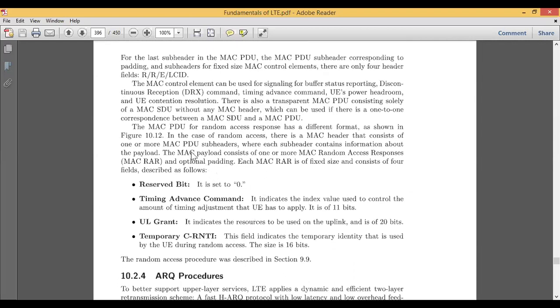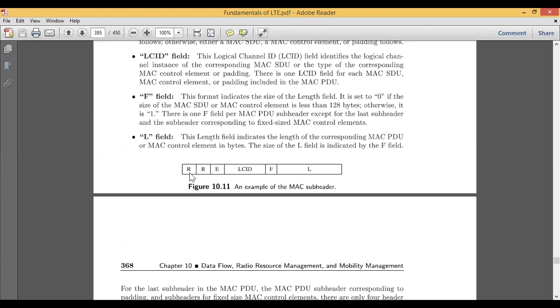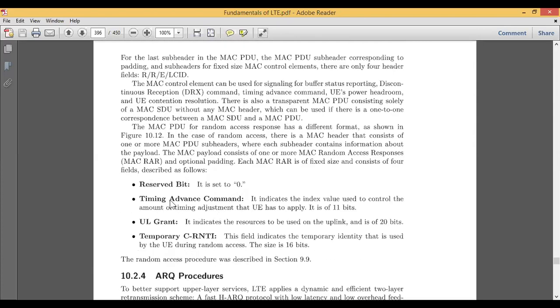Apart from that, the MAC payload consists of more than one MAC random access response, represented by MAC RAR, and optional padding. There are also some special fields. One is the reserved bit, the R field, which is always set to 0. Then we have the timing advance command, which is additional in this format.